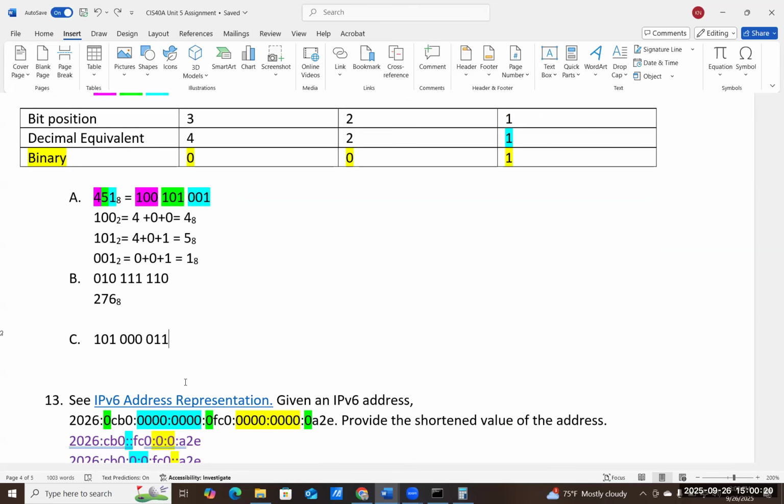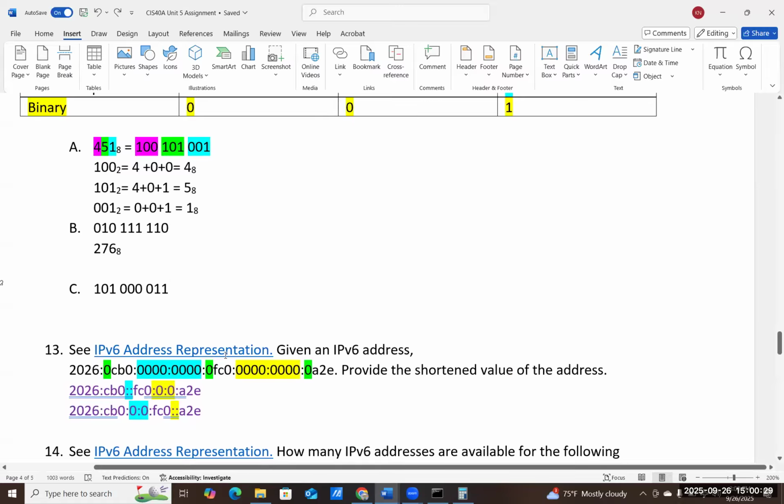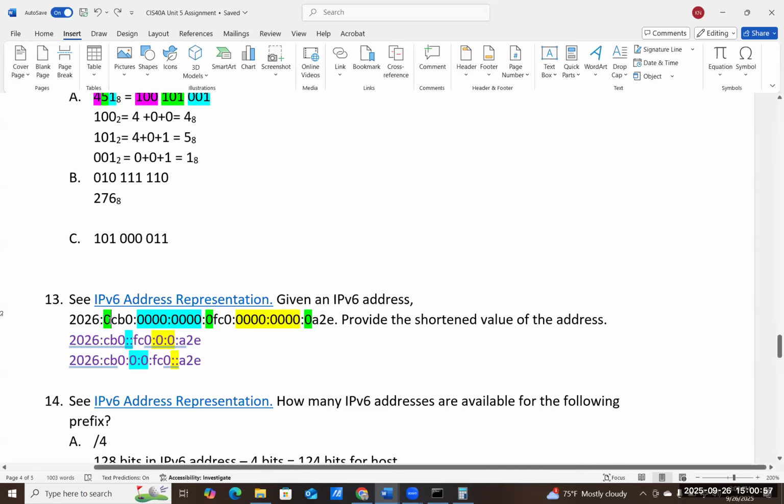Okay, so now we're going to look at the IPv6 address, and you have to put down how it would be concatenated, or how we can write it in an easier way to see, right? Like I mentioned before, anytime that you see a lot of zeros like this, we can condense it to an easier, shorter address, okay? So the first thing we are going to do is look at the first 0 after 2026,